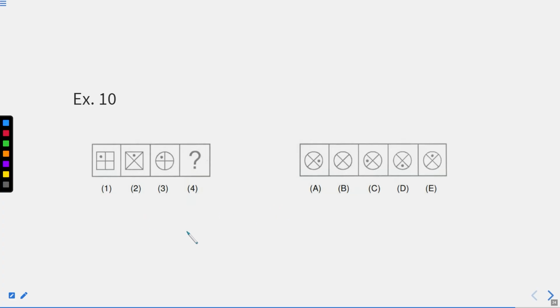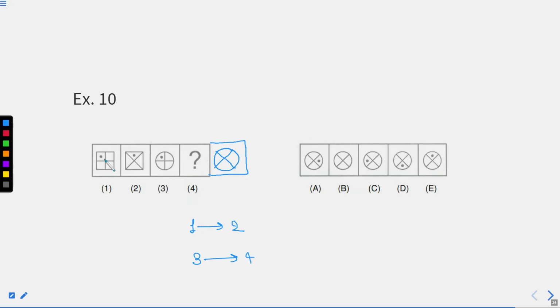The first thing is to find the relation between first and second, implement the same in third and fourth, and redraw your figure here itself, right? This is the method, the procedure that you have to follow. Let's just follow these things. The relation between first and second is, a square is there, a square is there. It means a circle is there, so a circle will be there as well, right? A circle will be there. Initially it is plus, it becomes cross. It is also plus, it becomes cross.